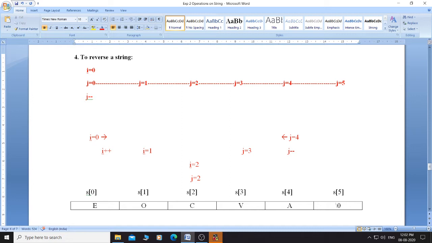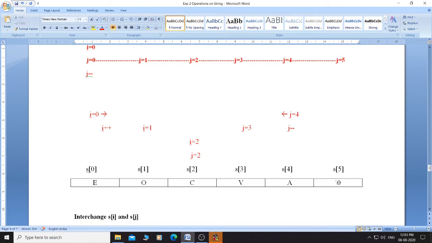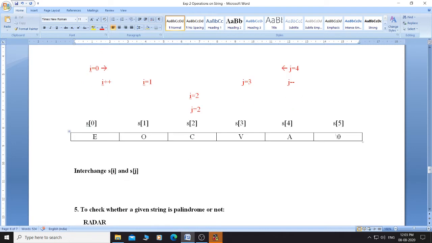So what we have done in reverse string is, initially we made i as 0 and j as 4. 4 means j should point to the last character of the string, and i should point to the first character. Then we go on interchanging s of i and s of j, that is, interchange s of 0 and s of 4.